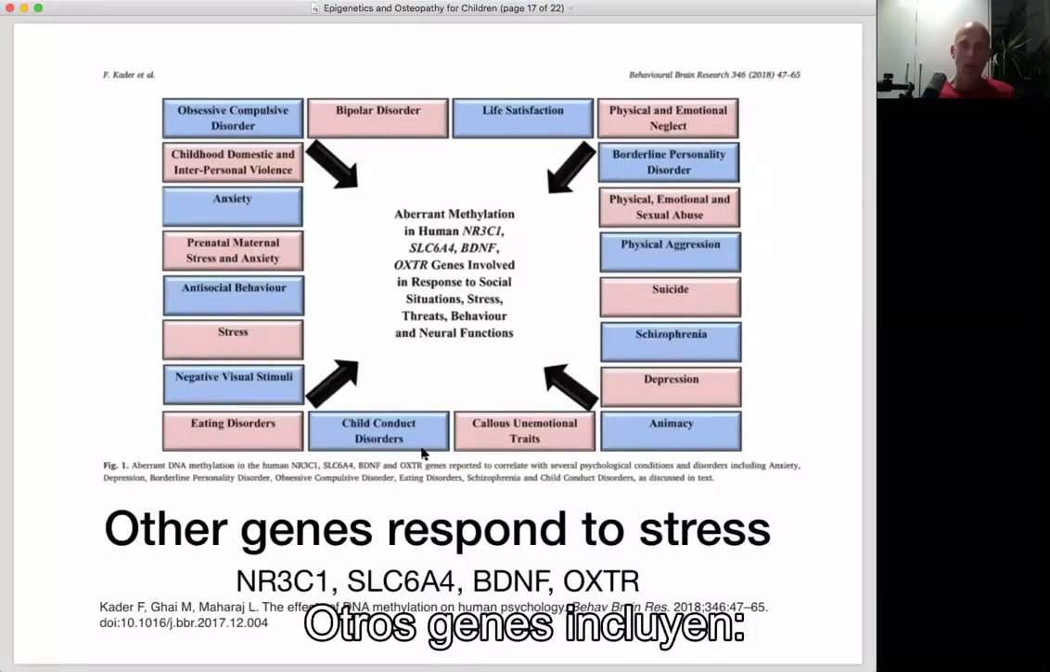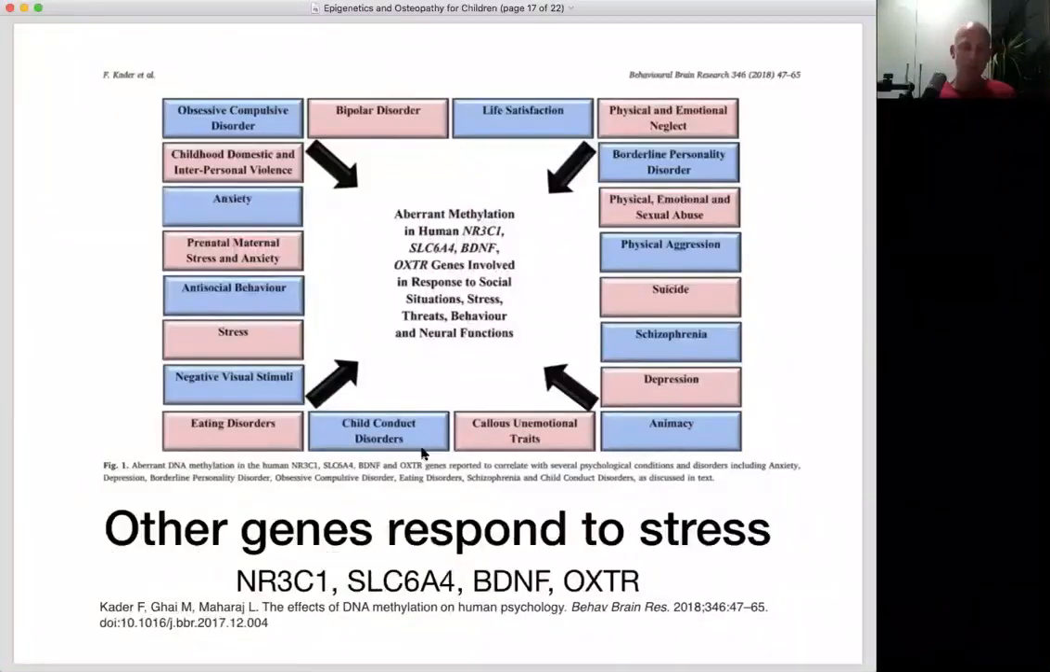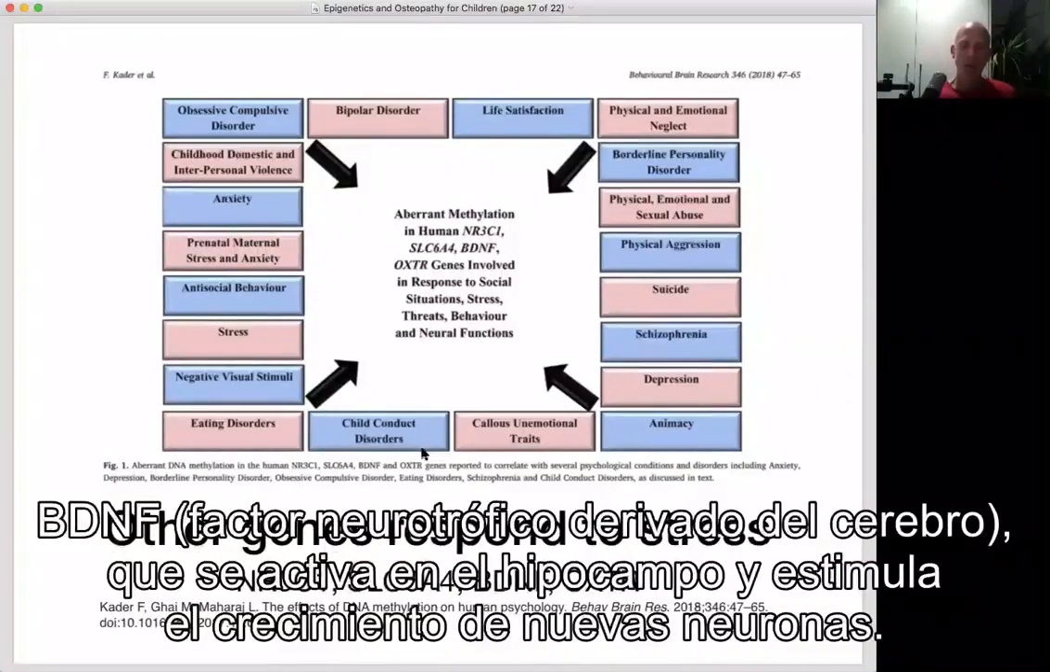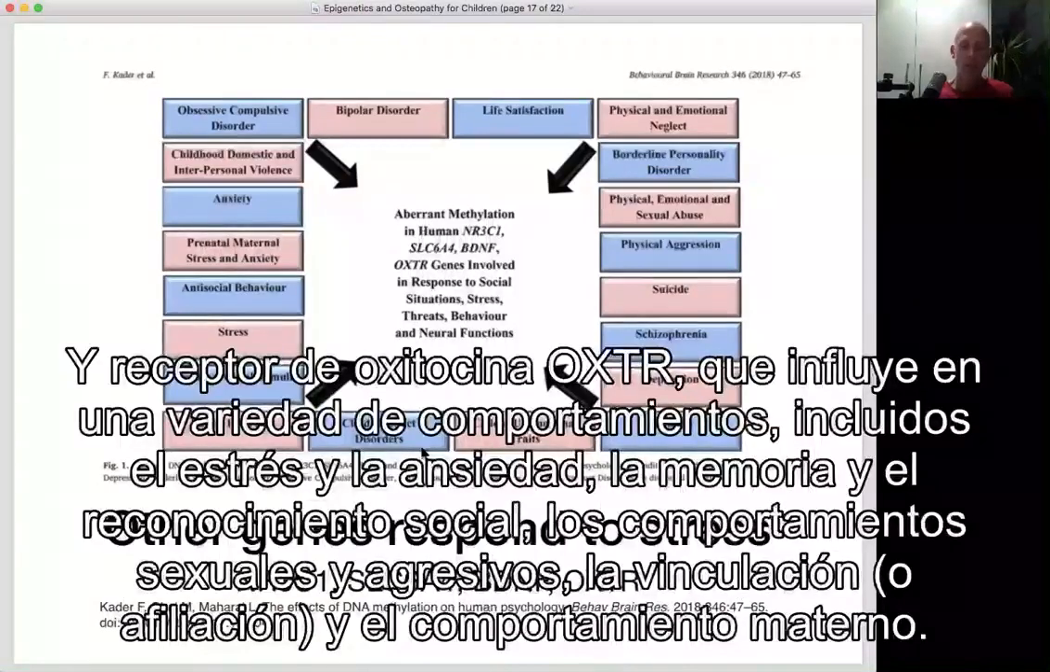Other genes include SLC6A4, or solute carrier family 6 member 4 serotonin transporter, which transports serotonin around the body, BDNF, or brain-derived neurotrophic factor, which is active in the hippocampus and encourages the growth of new neurons, and OXTR, or oxytocin receptor,